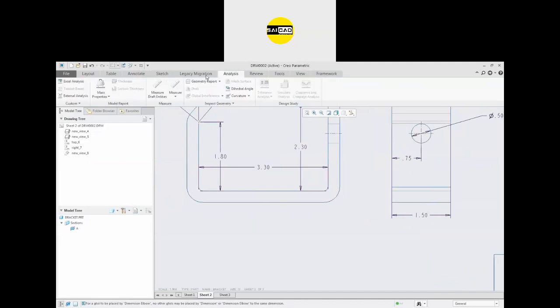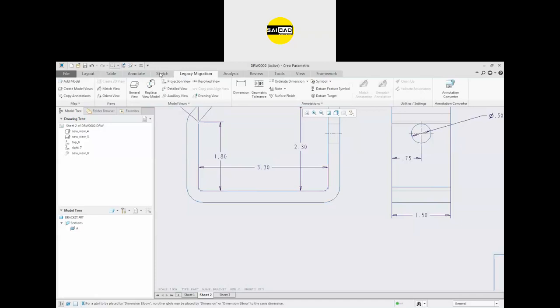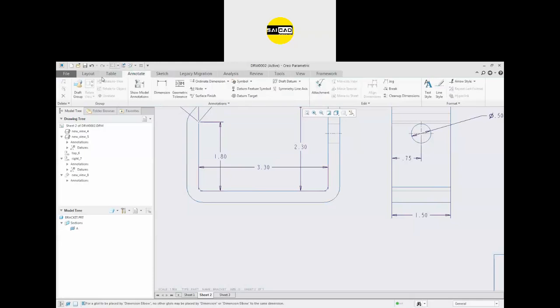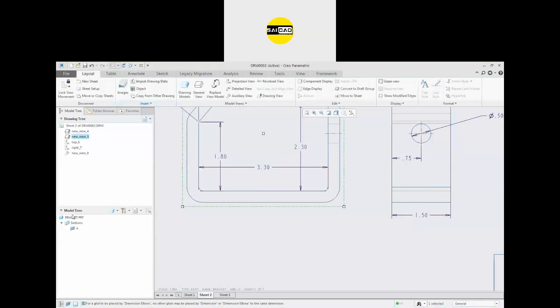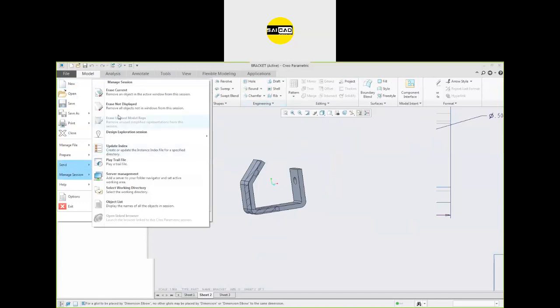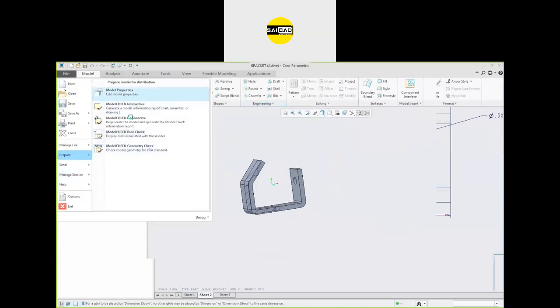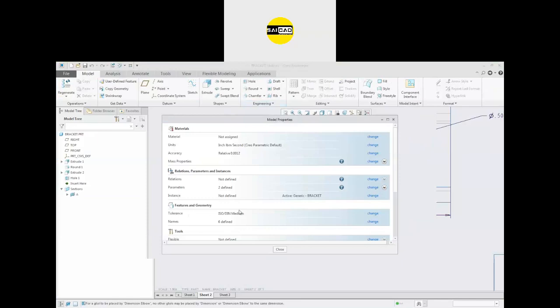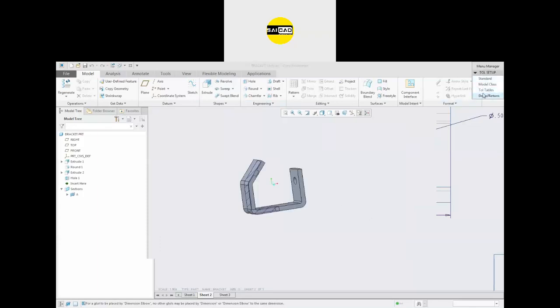okay, we have to activate some tolerance options first, the normal tolerance option. To do that, we have to open the part. So first go to open. We have to open the part, and from the property, prepare property, we have the tolerance option somewhere here. This is the tolerance. So set the standard whichever you need. This is the ISO DIN. You can change the standard from here. I want only standard. Okay, ANSI or ISO, whichever you need. So it is the ISO.